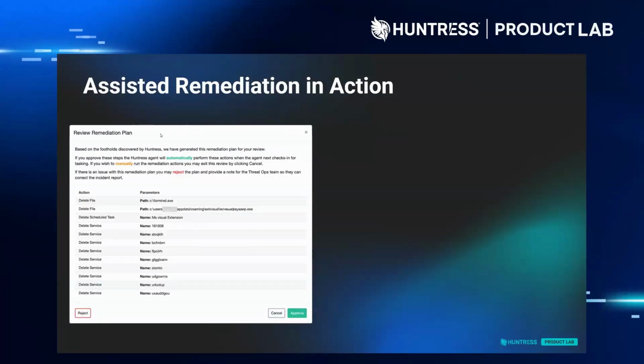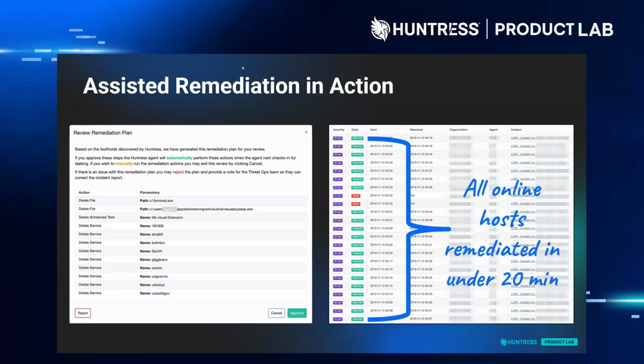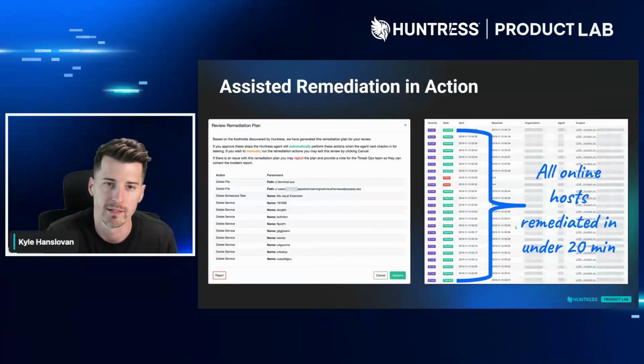And what was beautiful is in 2019, we were seeing this not only create a lot of incidents, maybe even some of them where the virus itself had been mostly removed, right? But the actual persistence mechanism, those are often called artifacts that lay around and sometimes create support tickets when somebody stumbles onto a randomly named error that says it can't find a file in a certain directory. And we rolled out assisted remediations and were able to quickly remediate all these different online hosts within a handful of minutes. It was a big win.